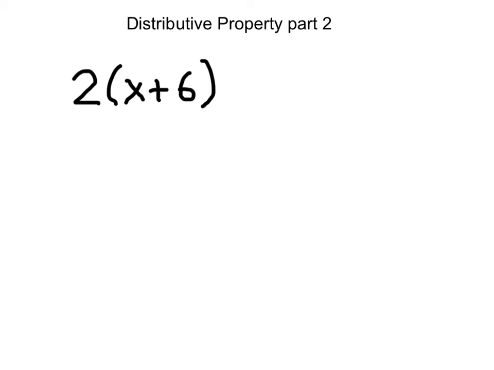This is part 2. So here we have the distributive property shown by the number 2 multiplied by a grouping, by a parenthesis. And in that grouping is x plus 6. Now, in our lesson so far, we've been using the tiles to draw a picture of this. So if I have one x tile, and I have 6 of the 1 tiles,